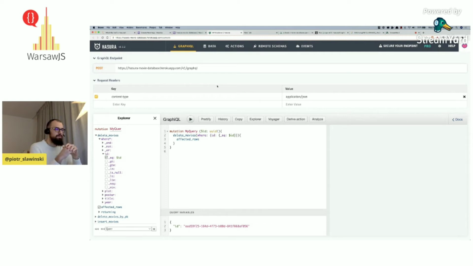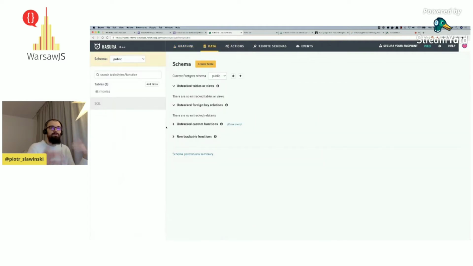So just as a reminder, we set up a Hasura GraphQL server on Heroku, and now we are checking it out. So over here we have a GraphQL playground. We can check out our queries. We have a tab for the data where we can create our database and insert the data using a graphical interface.